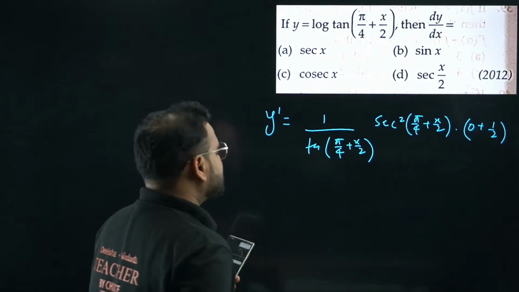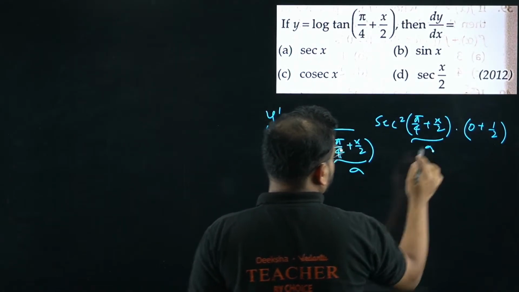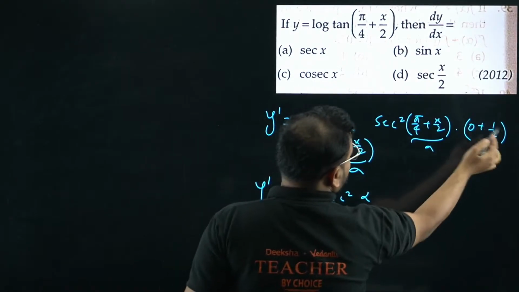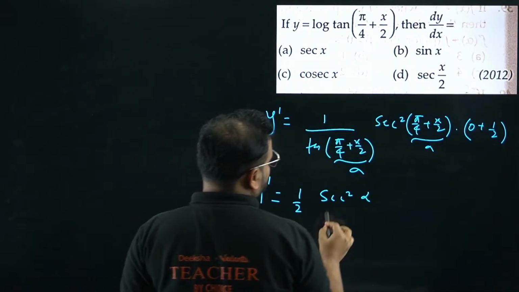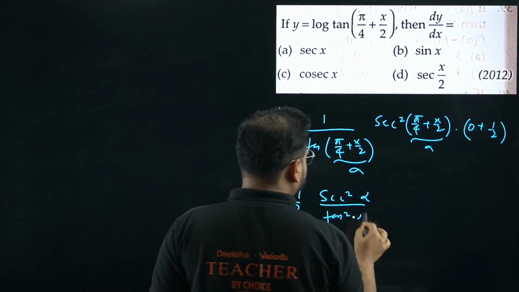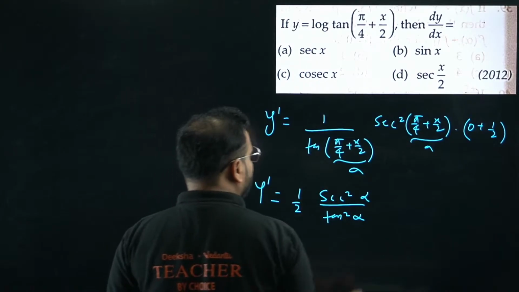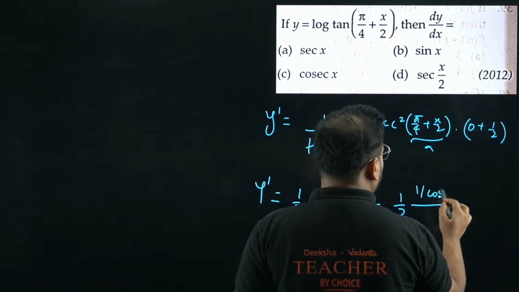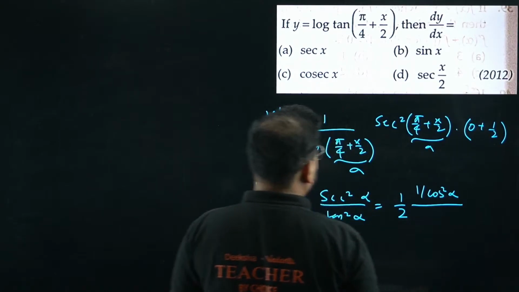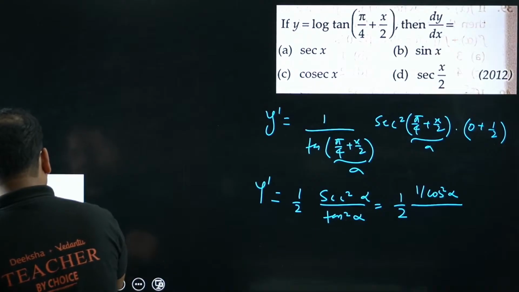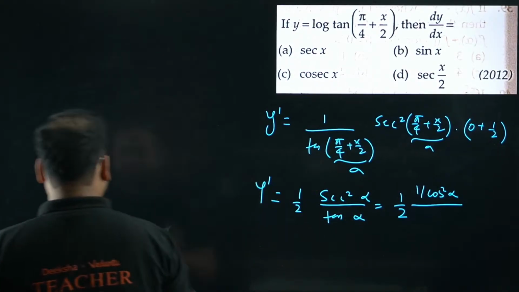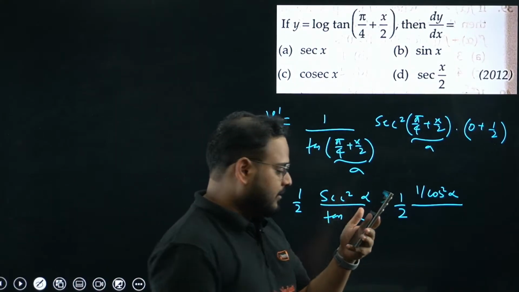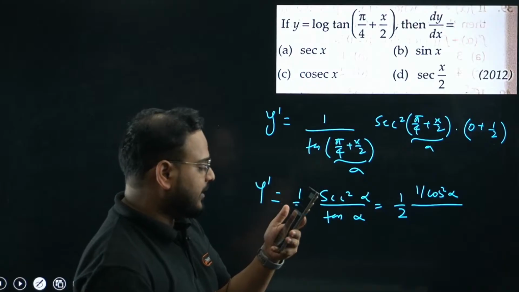Great. Let me call this angle alpha. Now check this magic. Y dash will become sec square alpha. The constant 1 by 2 will come in front, so 1 by 2 over here, divided by tan alpha. Correct now? Let's simplify everything in terms of sine and cos. So I'll have 1 by 2. Over here I'll be having, please check, 1 upon cos square alpha divided by, sorry, not square, right? I made a mistake. Excuse me. This is not square, guys. Only tan is there, not a square. Yeah. Option C for this question is not right. Prince Gupta, please cross check your answer. Option C is not right, okay?